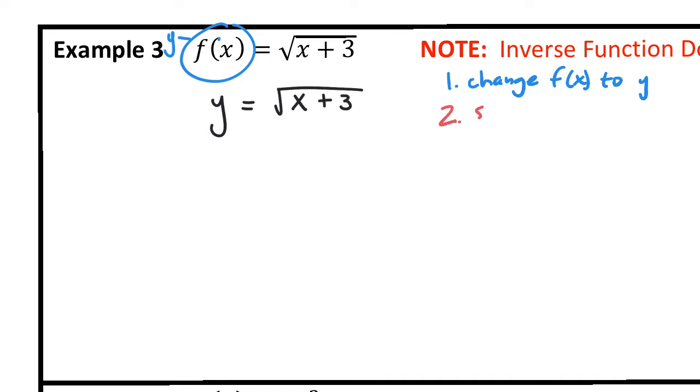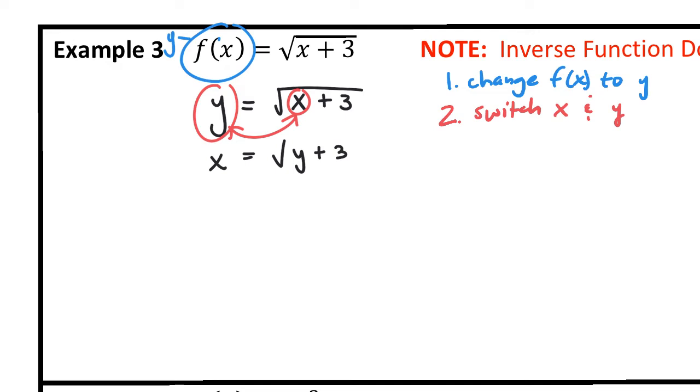To switch x and y, and then the fun step, right? Solve for y. Okay, so before we can add, before we can get rid of the 3, we need to get rid of